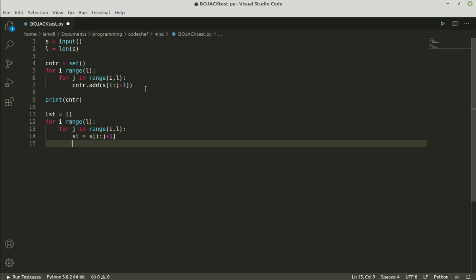And now we check if this string is a palindrome, and for this we check if st